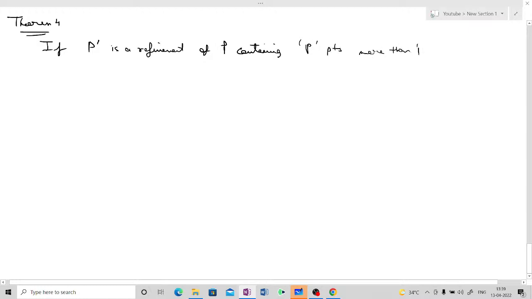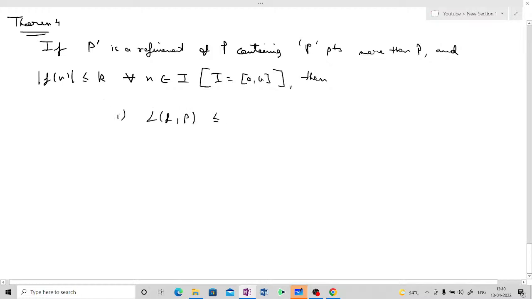Okay, Theorem 4, I guess. So the theorem says that if P prime is a refinement of P containing small p number of points more than capital P, and fx is a bounded function bounded by k and minus k for all x belongs to interval I, the closed interval a comma b, then point number 1,